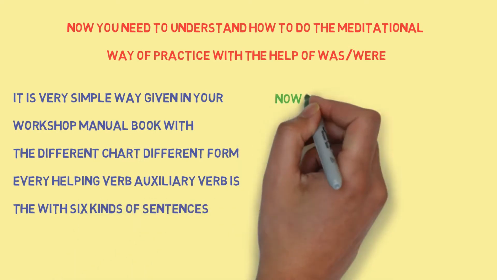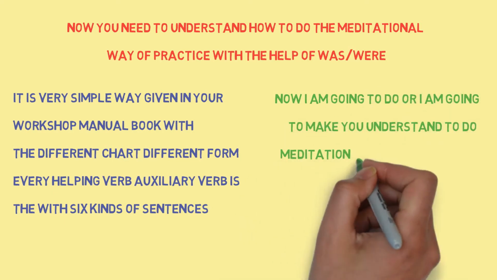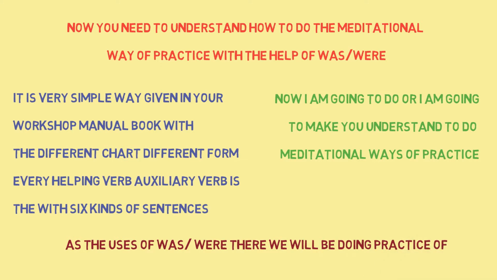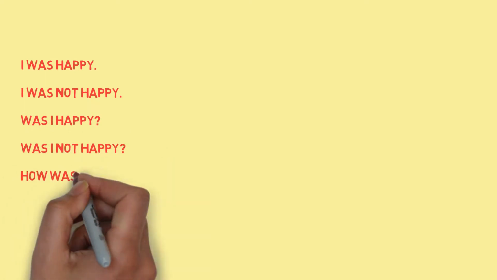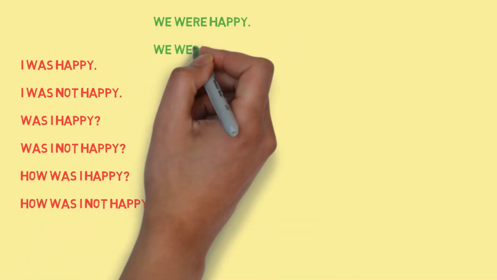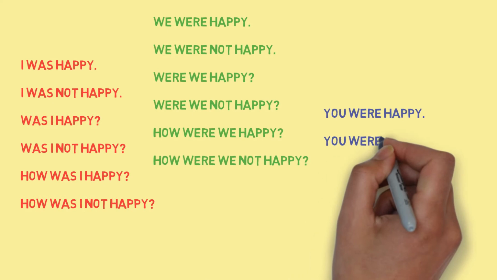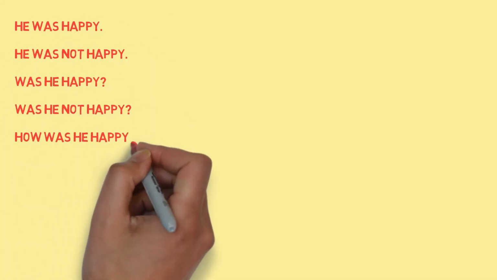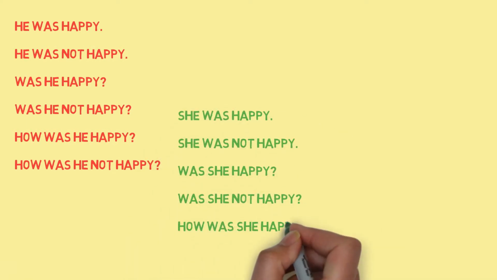Now I'm going to make you understand how to do this meditational way of practice, as the uses of was and were are there. We will be doing the practice of: I was happy, I was not happy, was I not happy, how was I not happy, we were happy, we were not happy, were we not happy, how were we not happy, you were happy, you were not happy, were you not happy, how were you not happy, he was happy, he was not happy, was he not happy, how was he not happy, she was happy, she was not happy, was she not happy, how was she not happy,